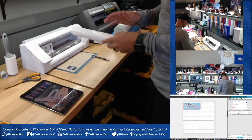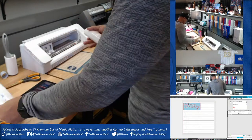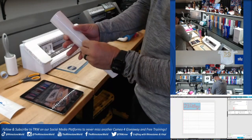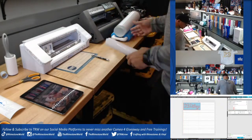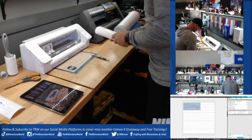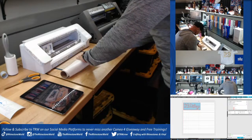Awesome for gender reveal stuff. Alright, so good to go with that, and this is the one we want to cut. Now, here's the big difference between these newer materials, okay? And I want to show you. This one right here,